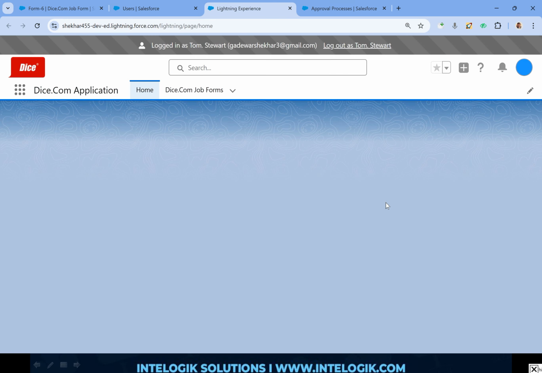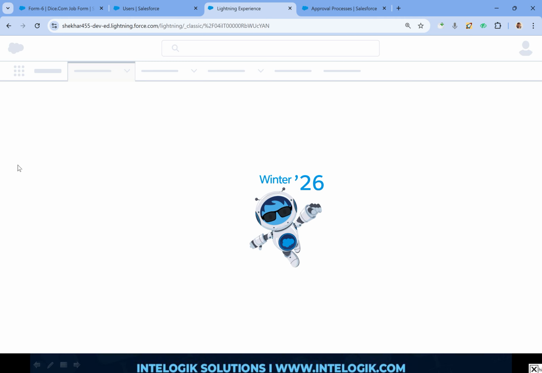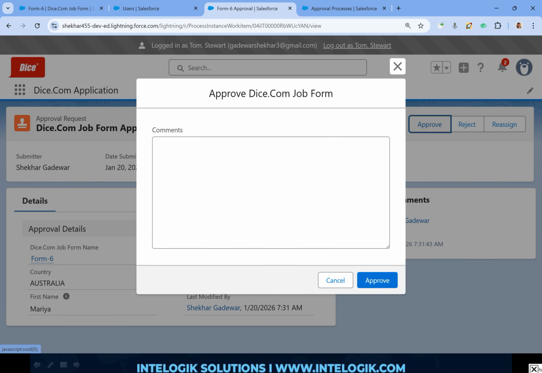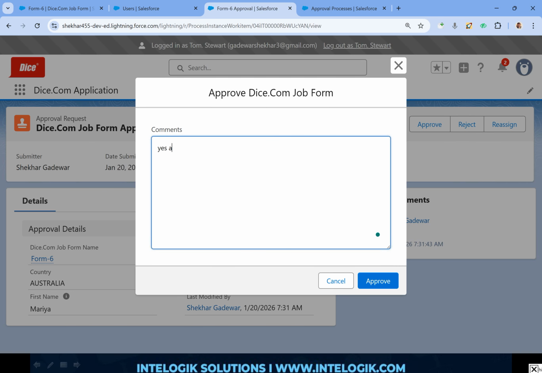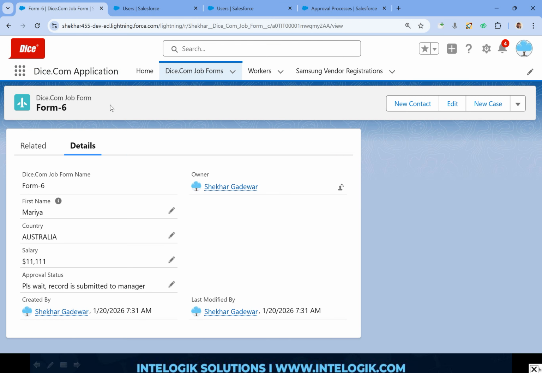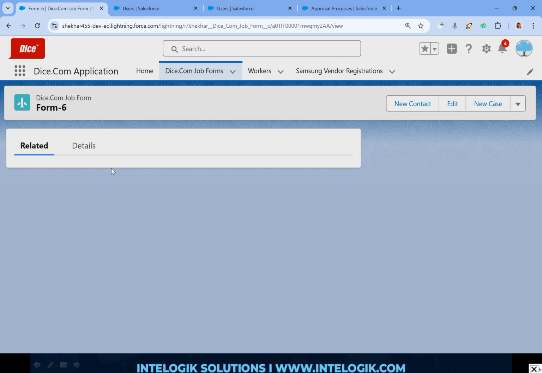Go to Tom. Open any record. Let's say Tom is saying approved. Yes, all fine. And now let's log out. Now see, all this activity, whatever happened, if you want to see it, then in the related section,